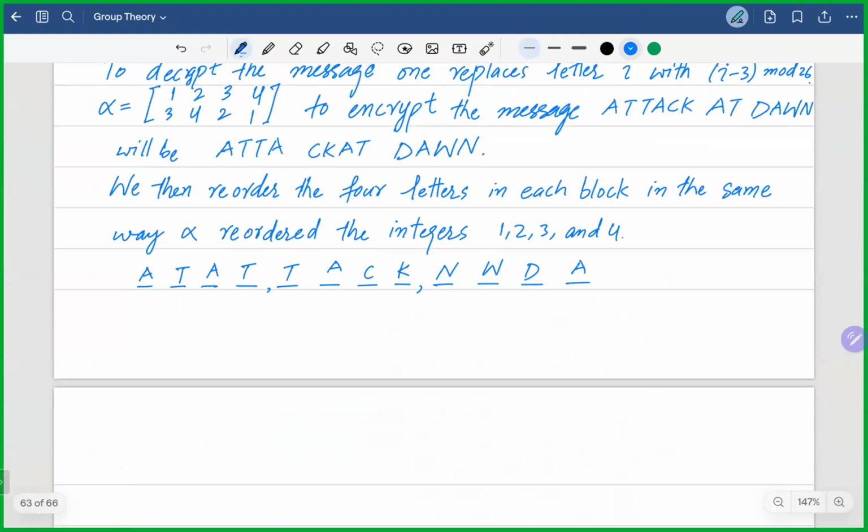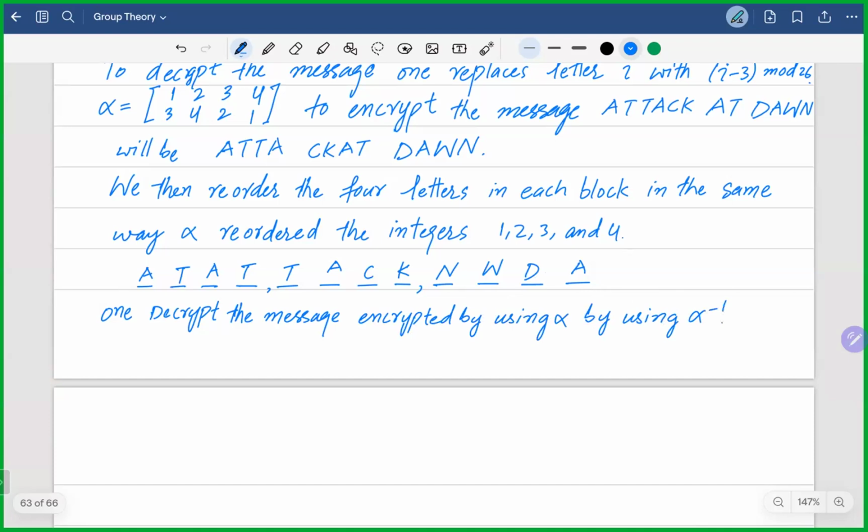Then, of course, one decrypts a message encrypted by alpha by using alpha inverse. So now one decrypts the message encrypted by alpha by using alpha inverse. To enhance security, one would use a permutation of long length n and blocks of length other